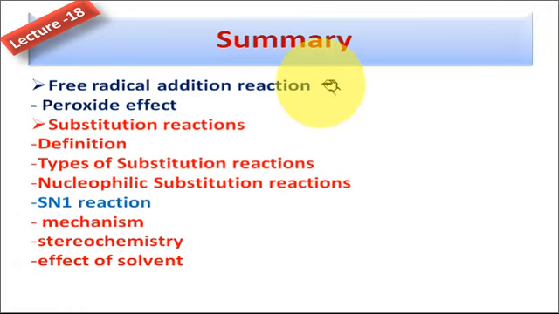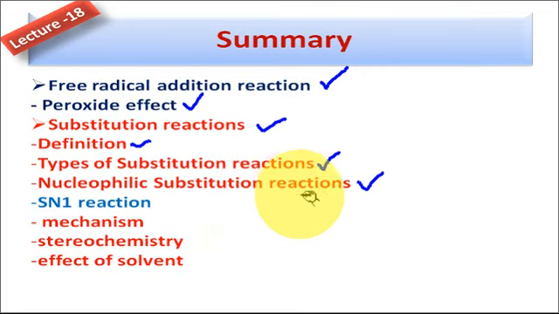Today we have learned about the free radical reaction mechanism, in which we have learned that due to the peroxide effect, addition of HBr on unsymmetrical alkenes in the presence of peroxide takes place in anti-Markovnikov manner. Next we have discussed the substitution reactions, in which we discussed the definition and the various types of substitution reactions. We have learned about the nucleophilic substitution reaction, electrophilic substitution reaction, and the free radical substitution reaction, in which we have started with the nucleophilic substitution reaction in detail, and learned that depending upon the mechanism,